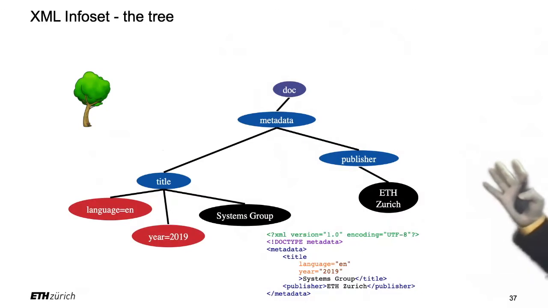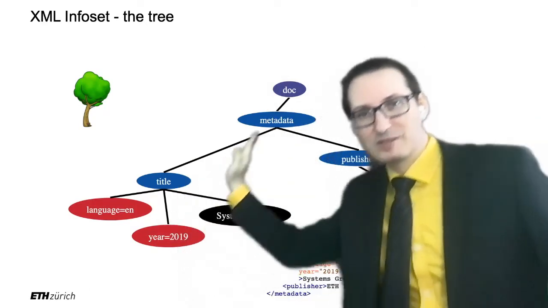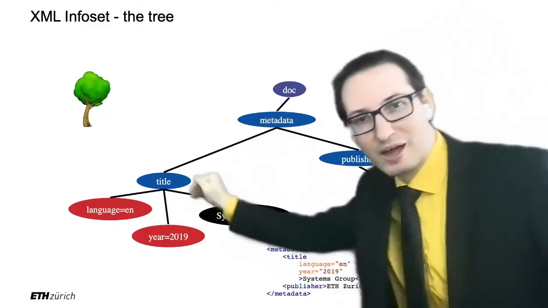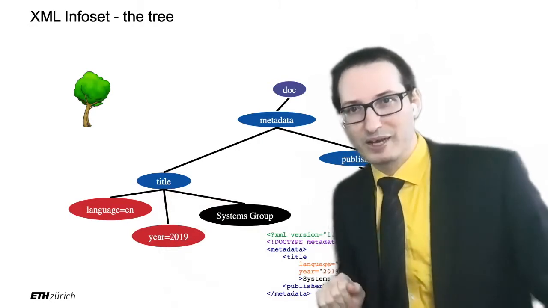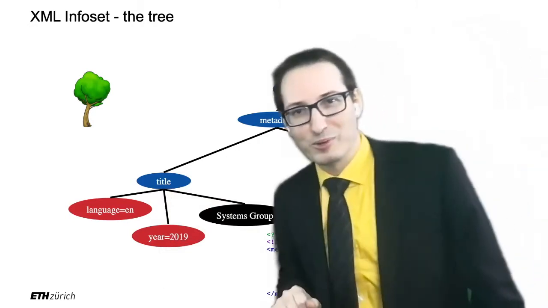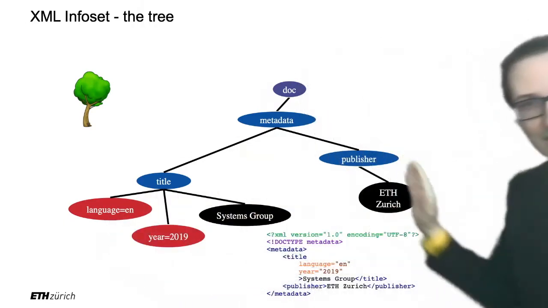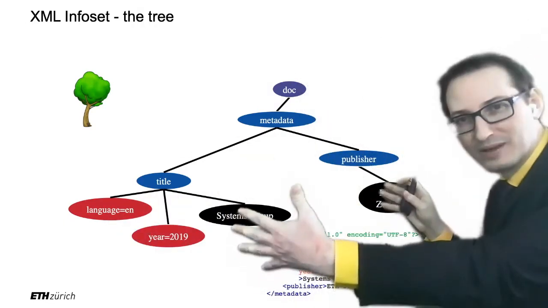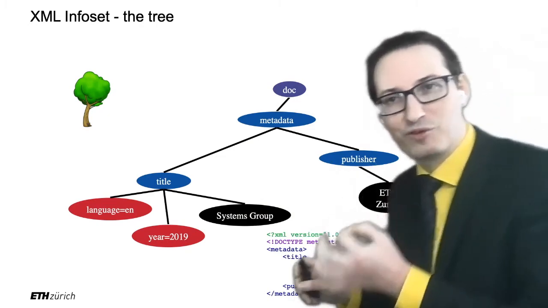And here I go. This is the tree. So every time you have children that point down and parents that point back up, right? So you have attributes that point down and also owner elements that point back up. I thought my green screen was collapsing, but no, it's not. Okay, so now this is the tree that we drew from that document, and the XML information set, or